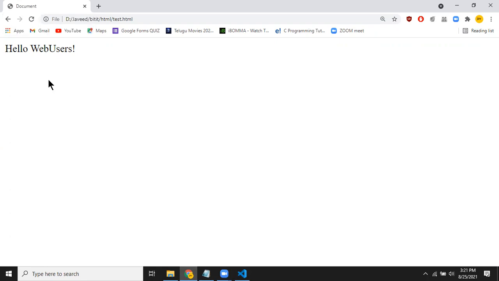Now, if you want to see the reflection of the changes you have made, then you have to refresh. So you click on the refresh option. Now you see that it changes the title, and the message "Hello users" remains as it is. I didn't change anything, so I'm not going to see a change in the message, right?